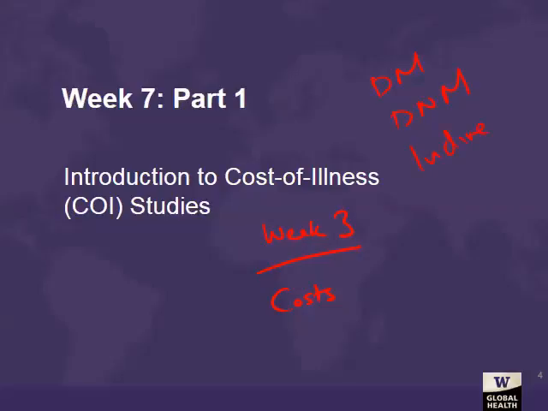But the difference between week 3 and this week is that in week 3 we are doing the cost estimation for purposes of doing an economic evaluation, and we saw that economic evaluation is the comparative analysis of 2 or more options with regard to their costs and consequences. And in cost of illness, the aim is to assess the burden of a given disease. So the aim of the analysis is different in cost of illness than in the general estimation of costs for performing economic evaluations. And this week we're going to spend our time looking at how this difference comes about.